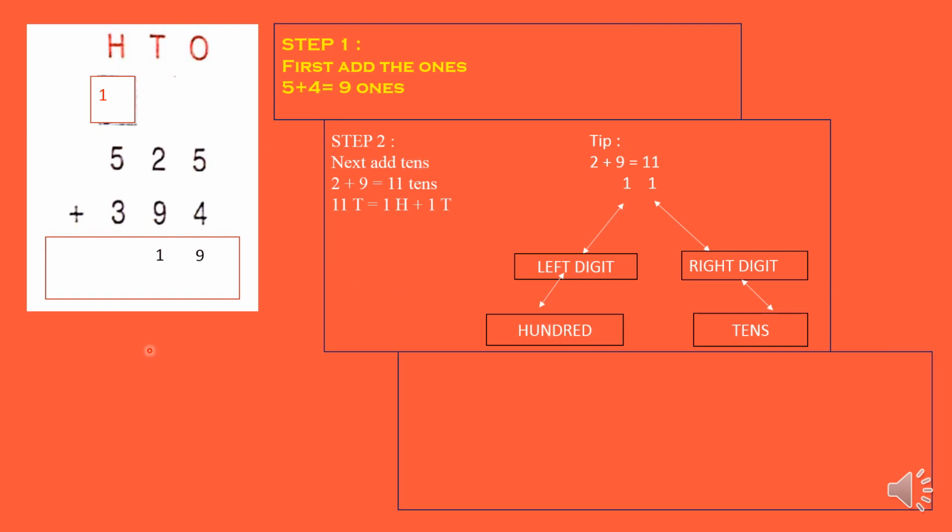Now we have to go for step 3. Last, we have to add the hundreds column. So here 3 digits are there. Yes or no? First we should add these 2 digits. Which number is bigger number? 5. So 5 is in your mind, 1 is in your hand. 5 after 6. So 6 plus 3. 6 is in your mind, 3 is in your hand. 6 after 7, 8.